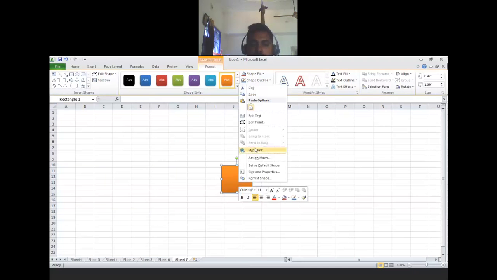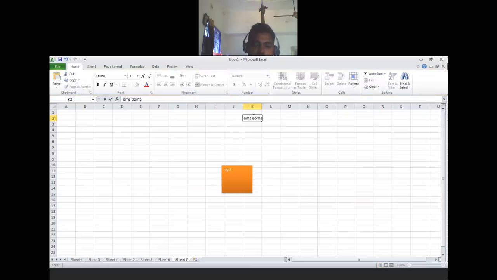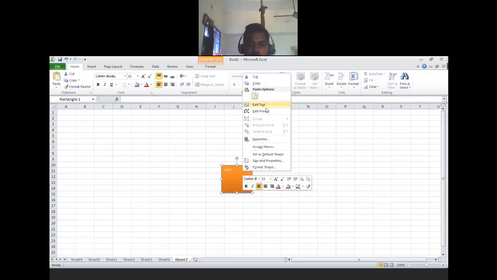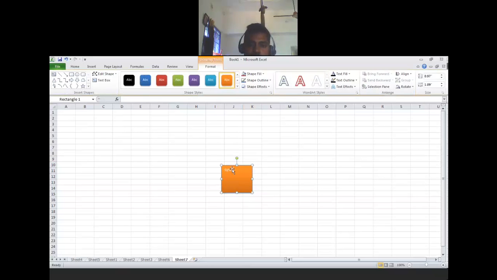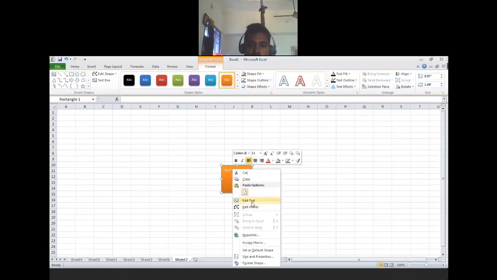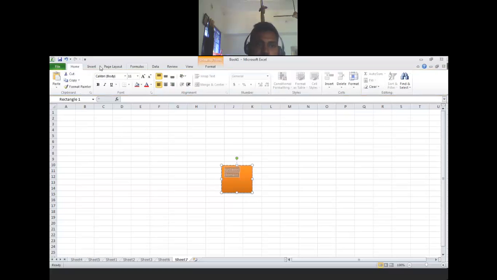You can select the color, right click, edit text, and type system domains. If you want it centered, go to home and align like this. We can keep it.